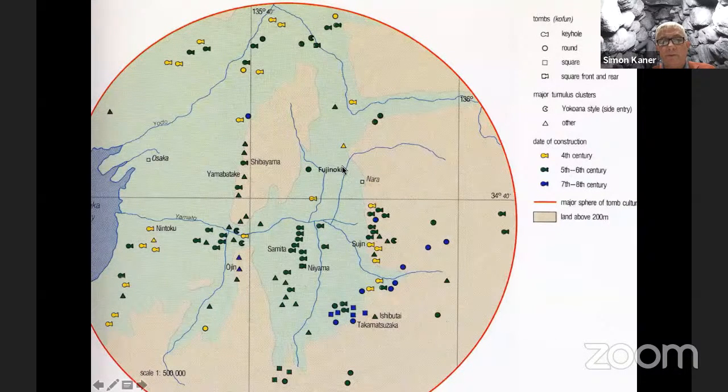Most notably, we're going to start with Fujinoki, which is a little tiny mounded tomb just to the west of Nara. We're going to talk about the Shibayama tomb, because this is a tomb which Gowland himself investigated in 1887. We will have a quick look at some of the really big tombs, which here says Nintoku, here says Ojin, and we're going to talk about that naming a little bit. And then we'll also have a look at some of the recent work in the Asuka region at Takamatsuzuka, because that would have been a surprise for Gowland. No question about that.